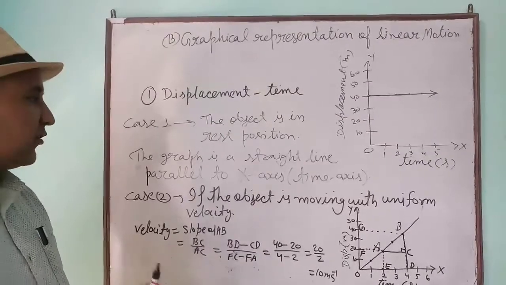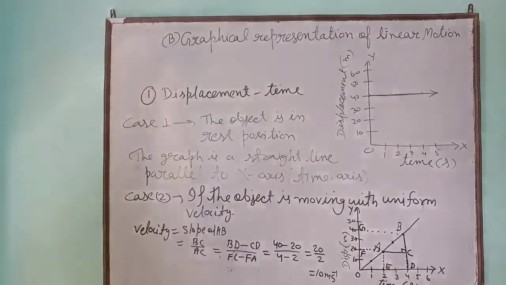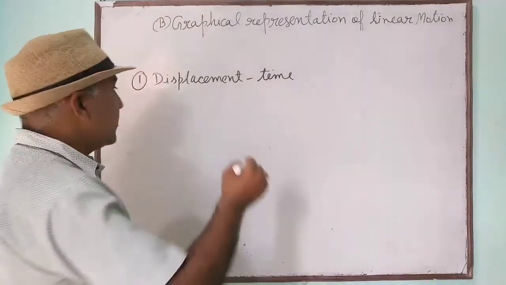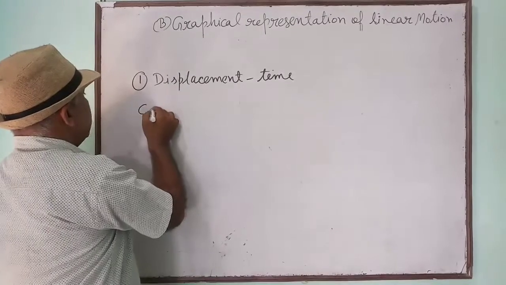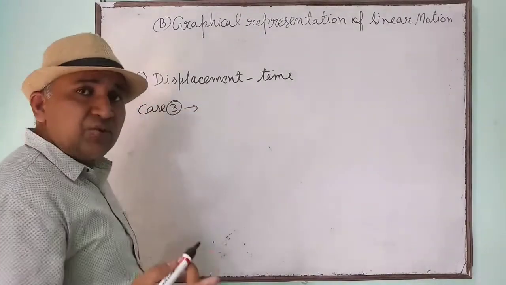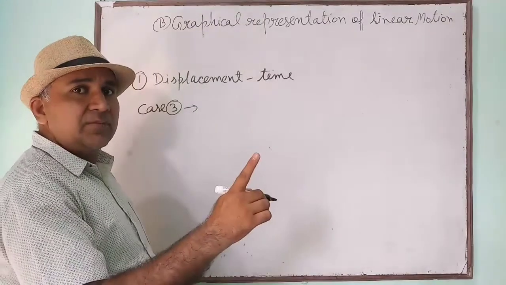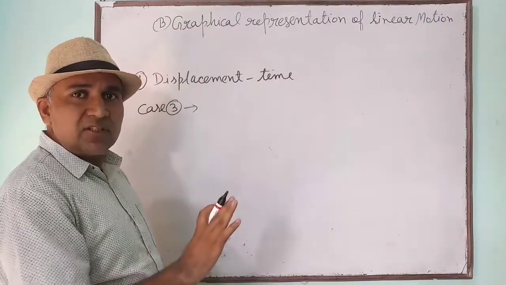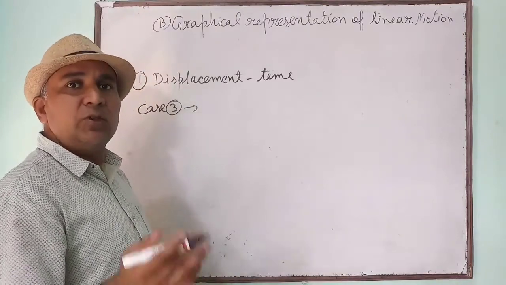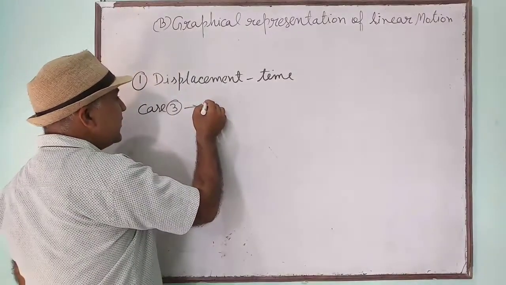Is this clear? Now pause the video and note down these things. Okay children, 2 cases we have seen. Now see the third case. In the first 2 cases you have seen, when the object is at rest position, that was the first case. The second case was when the object is moving with uniform velocity, and the third case